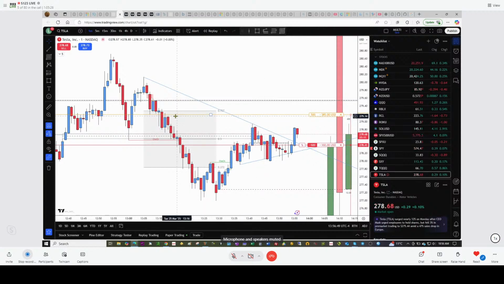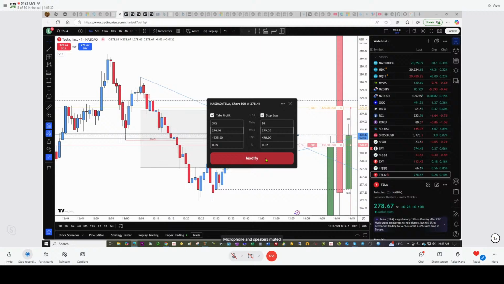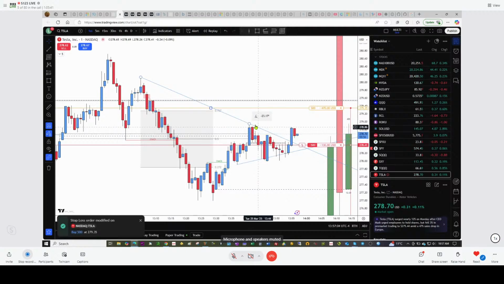So I'm going to just put it just above the order block, just to give it a little bit more room above the order block. Let's see if that would be a worthwhile stoppage point. So they could take out that high right here and then come down, but